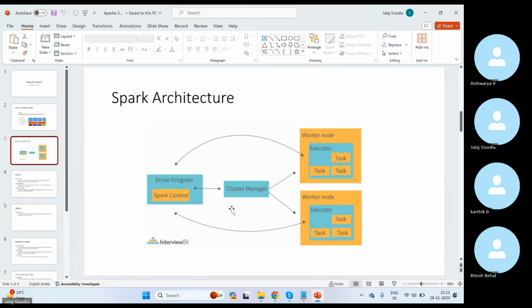When I submit this job, what actually happens, the job is accepted by the main node, and then on the main node we have a driver program. It basically compiles your code, and then it distributes that code towards multiple worker nodes, and also it